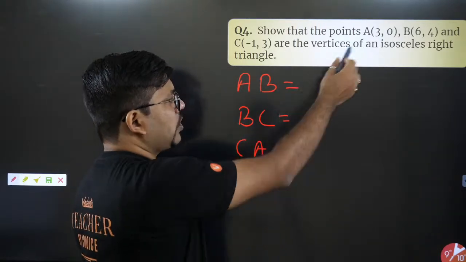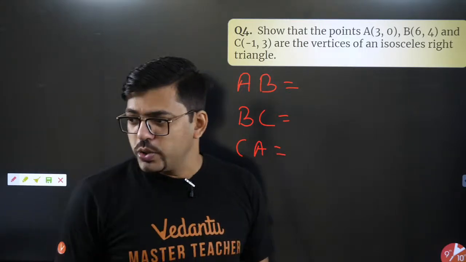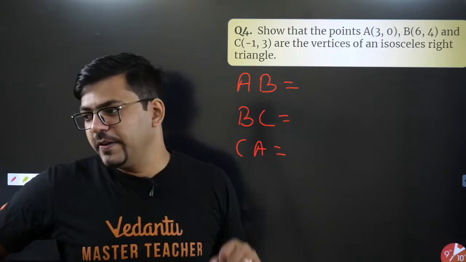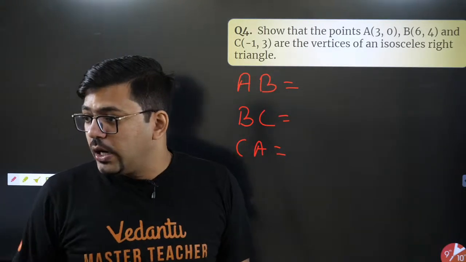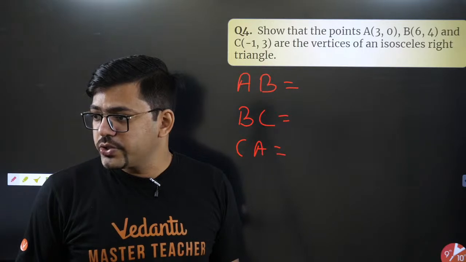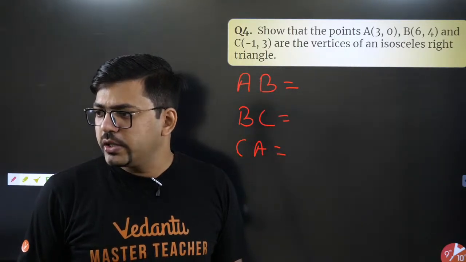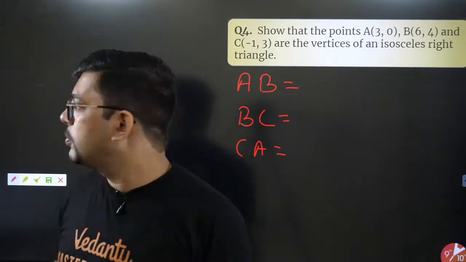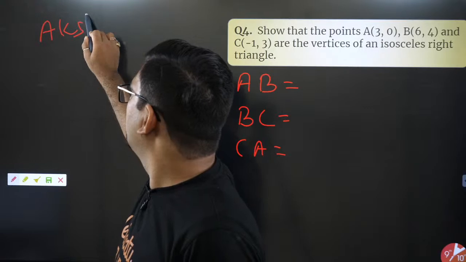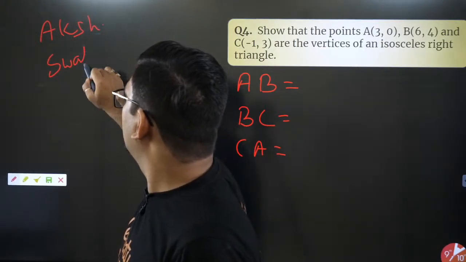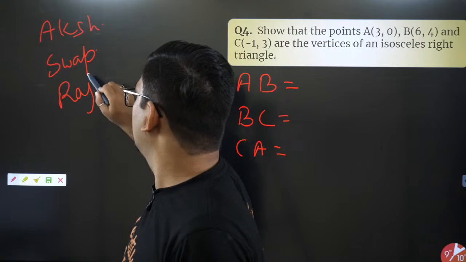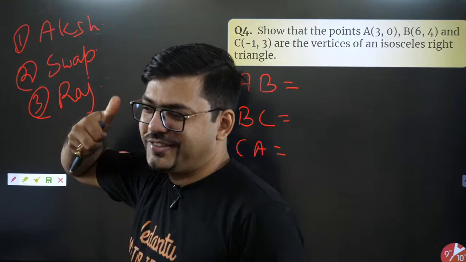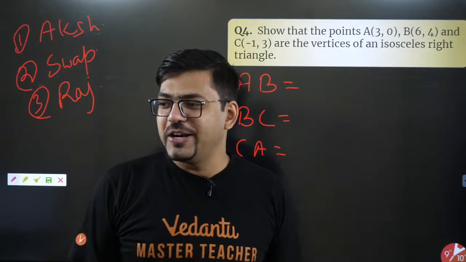So first of all, if I talk about AB, everyone, I want the distance. Who is telling me AB? Rudraj, don't say AB equals to AC. Just tell me what's the value of AB. Okay. So Akshara is the first, and then Swapnil, Rajkumar. It's Akshara, Swapnil and Rajkumar. Very good people. This is first, this is second, this is third. Cool. Okay. Rudraj bhai, you got a little late.